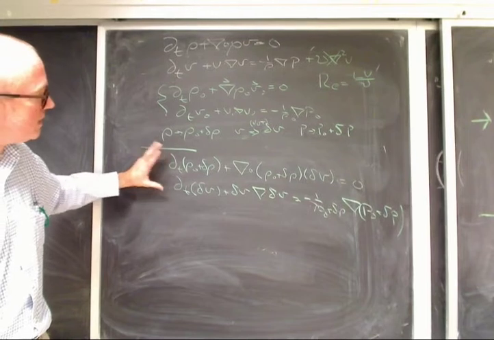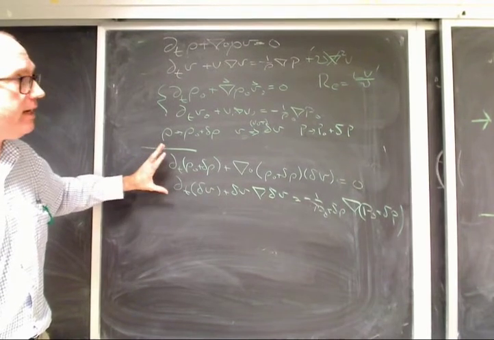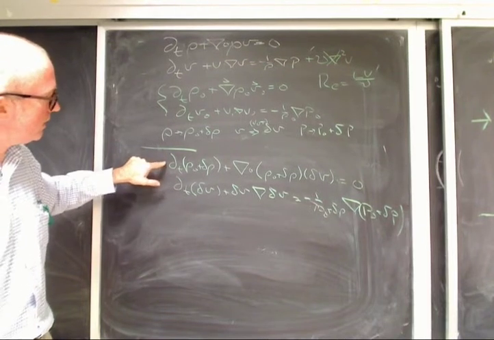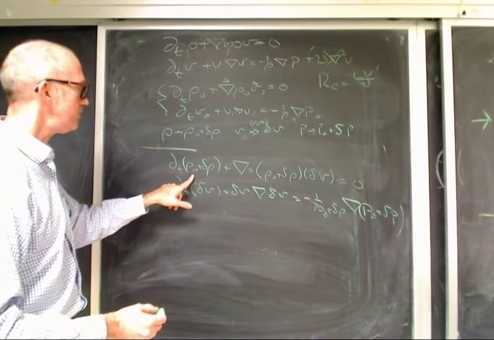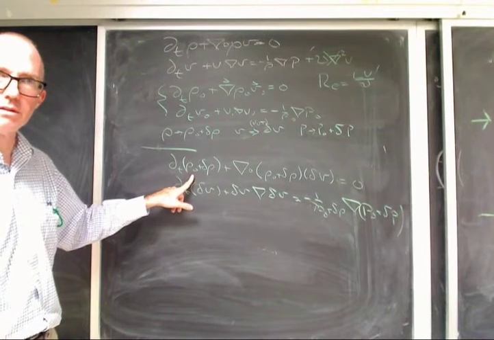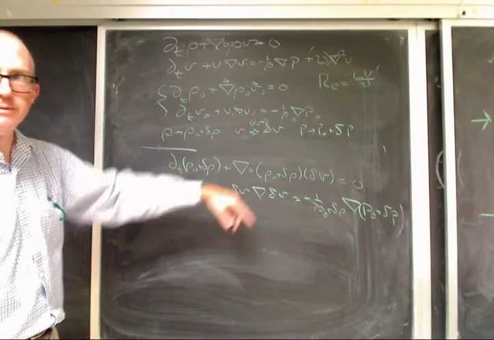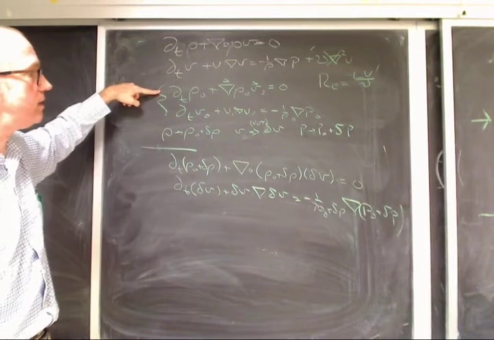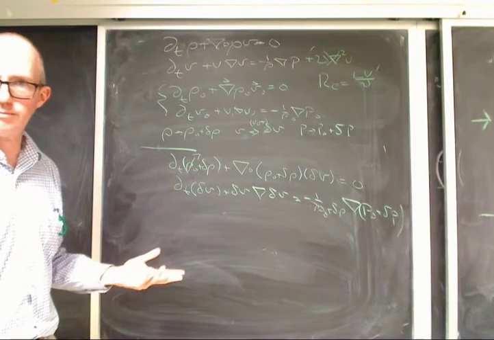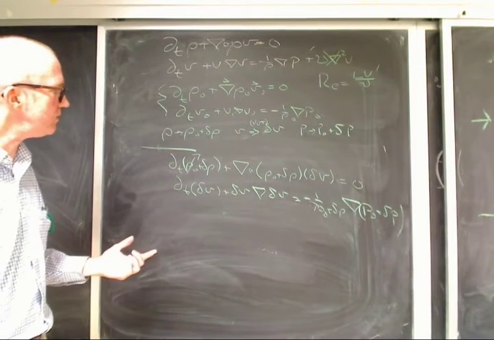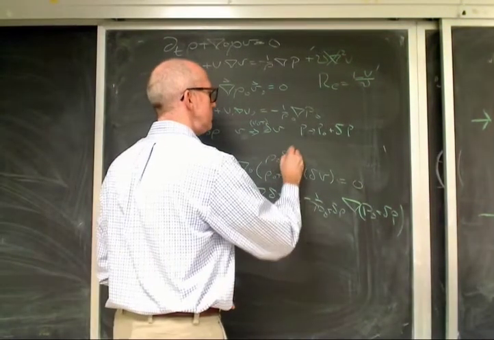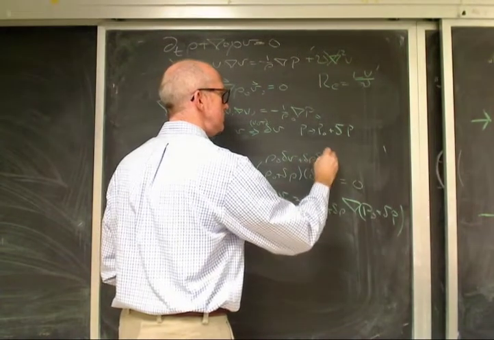So here we plugged in. Now we need to linearize and get rid of the background solution. So let's talk about this first equation here. The first term, d by dt of rho naught, there are several ways to think about this. This is my background solution, so it's going to cancel out with something over here because of this. Or I can just say it's 0 because it's constant. Both are legitimate answers. And then this term expands to rho naught delta v plus delta rho delta v.